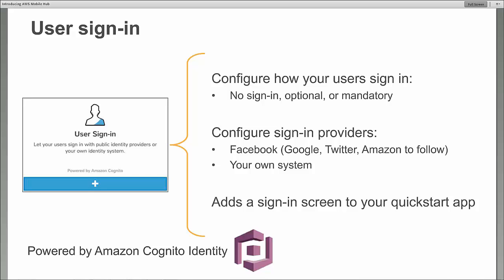To wire this up, an example of this is you can define no sign-in, optional, and mandatory sign-in. And what ends up happening when Mobile Hub actually builds a project for you, which I'll show you in a moment, is it actually creates a sign-on screen for you. Before Mobile Hub, you'd have to do that yourself. You'd either copy code from the net or write it out by hand. But we give you a quick start. We give you the forms to connect up to the authentication services.